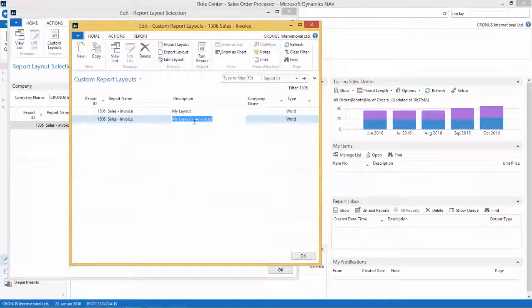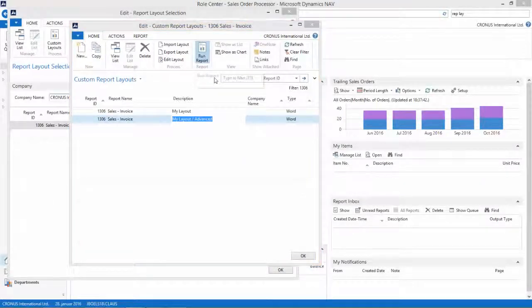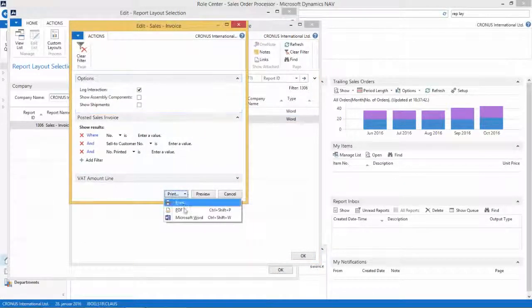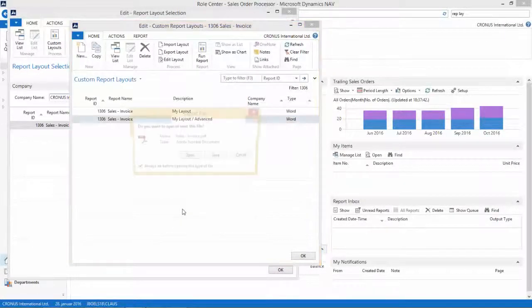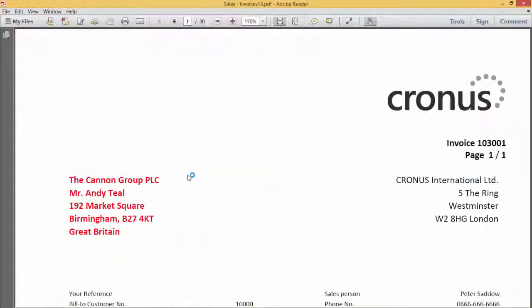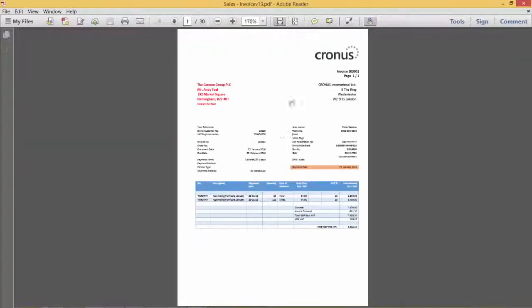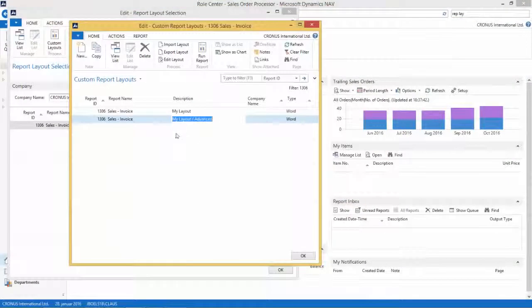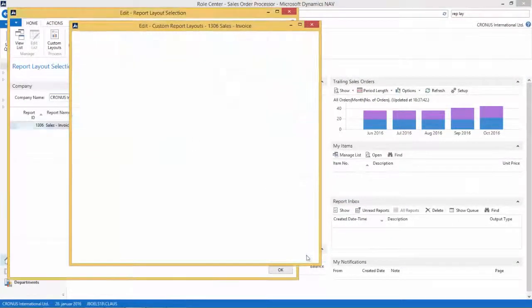And before we make this report the active one, we want to run the report and verify that this is actually the one that's working, and the changes that we have done are working. So let's open this in PDF, and let's see that we have the shipment date here. That's working exactly the way we wanted it. So we added the field from the data set. If we want to make this report the active one, we can say OK to this one,